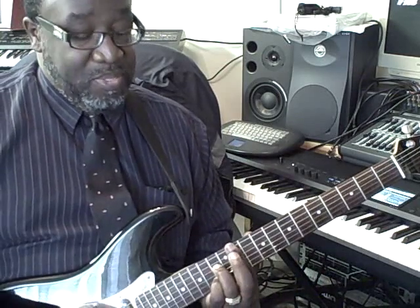So again, we just move it up a whole step to get to that E flat 7 chord. So now we have A flat, D flat, E flat, all dominant 7 chords. A flat dominant 7, D flat dominant 7, E flat dominant 7. Okay, so we can move anywhere we want to on the fretboard now and be able to get to the 3 main chords for this